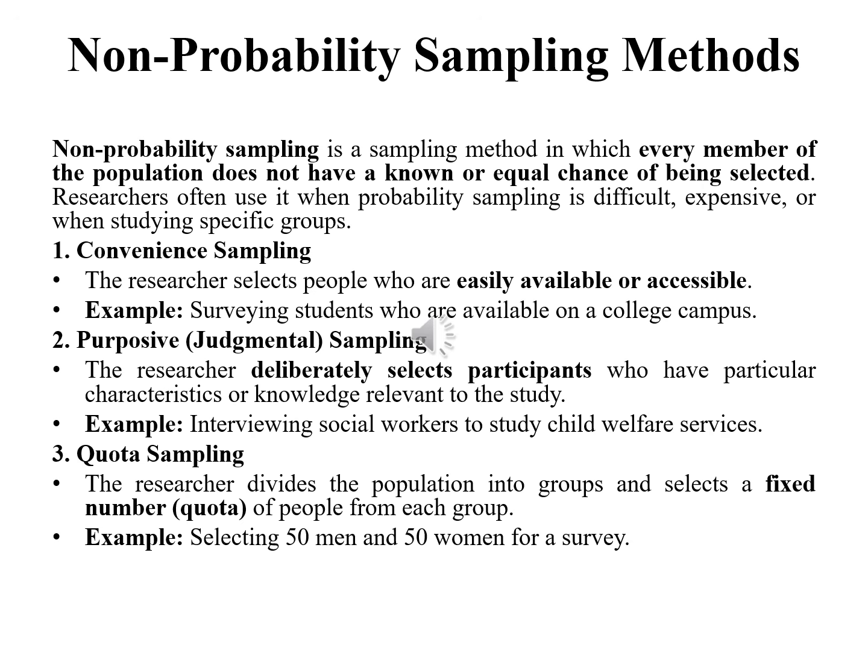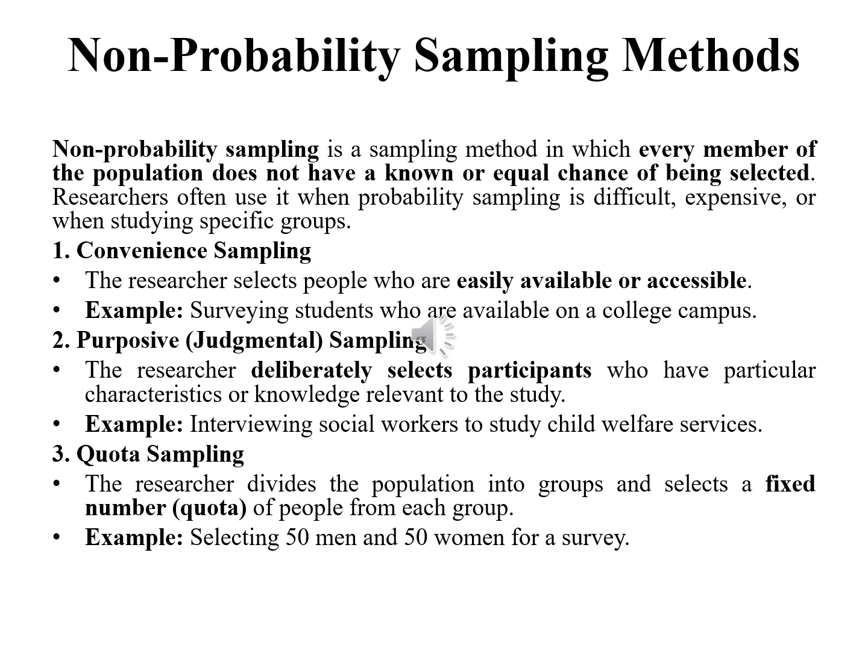Then the second is purposive or judgmental sampling. Here the researcher purposely chooses people who have specific knowledge, experience or characteristics needed for his or her study. For example, to study child welfare services, the researcher interviews social workers because they have relevant experience. An easy way to understand it: choosing people who are specifically useful for the research is called